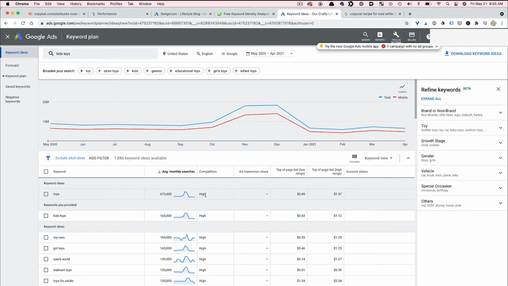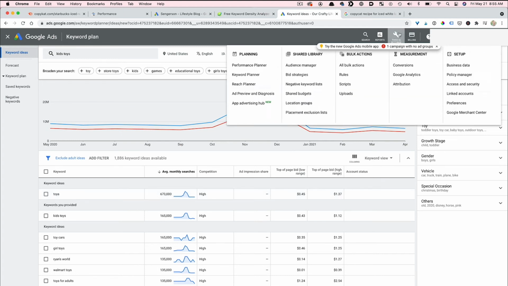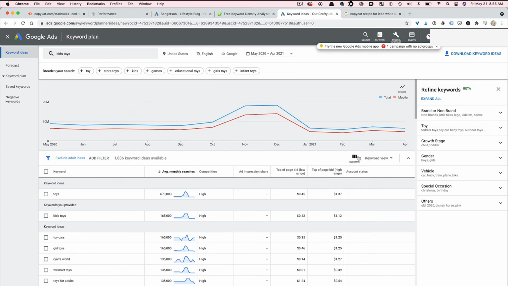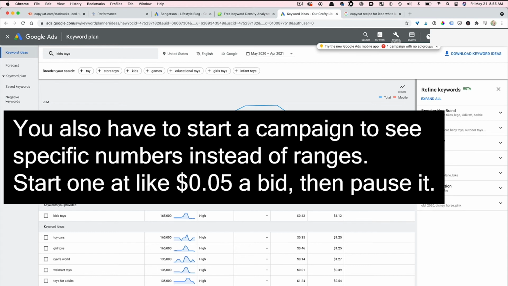The next tool I want to share with you is the Keyword Planner tool. Now the Keyword Planner tool is part of the Google AdWords suite, basically. So you have to sign up for a Google AdWords account, and then after you do that, if you go to tools and you go to Keyword Planner, you'll be able to see this view. However, the caveat is you have to make sure that you add a billing credit card on there, or else you'll get these ranges in here instead of specific numbers like you're seeing here.